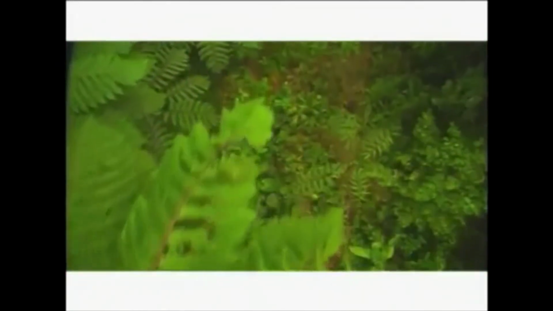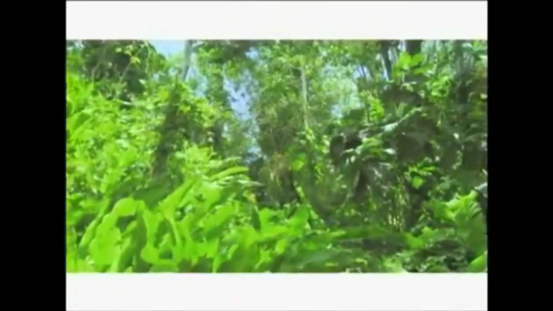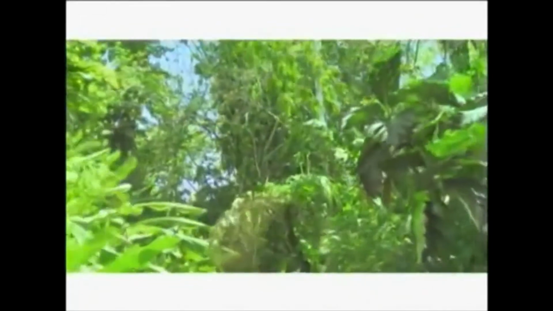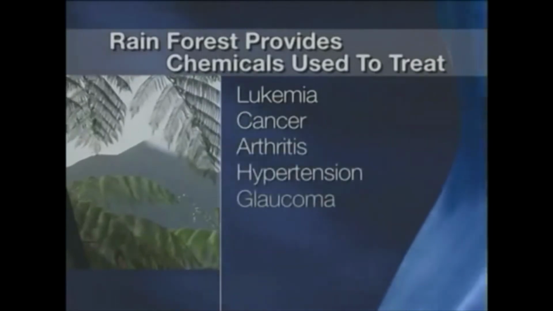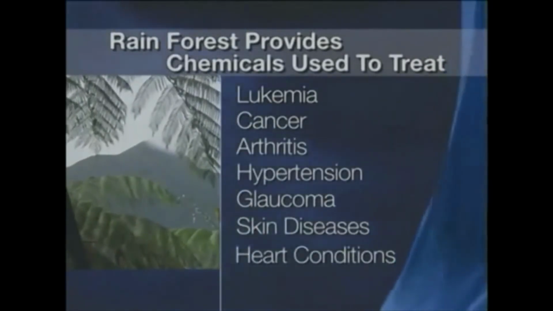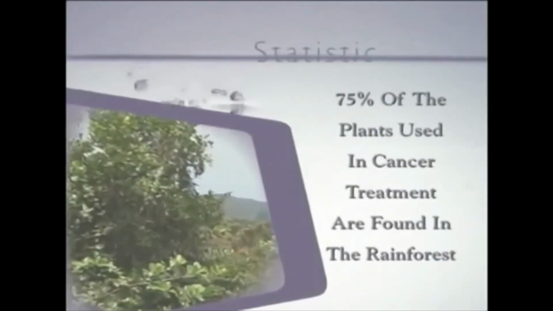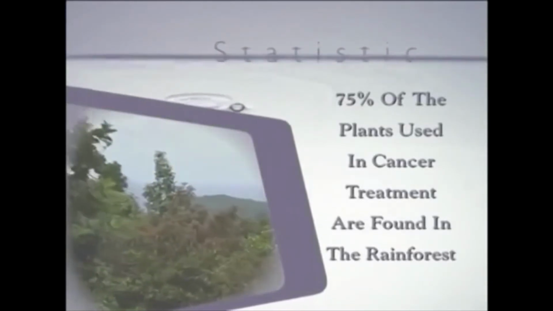From food to fuel to shelter to jobs to medicines, our rainforests help meet basic human needs. They have given us chemicals used to treat leukemia and other cancers, arthritis, hypertension, glaucoma, skin diseases, and even heart conditions. The United States National Cancer Institute has identified that 75% of the plants used in cancer treatment are found